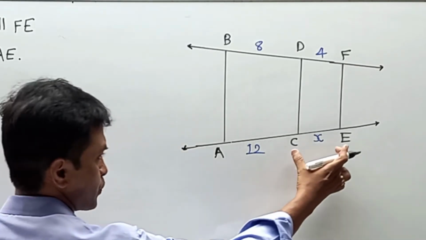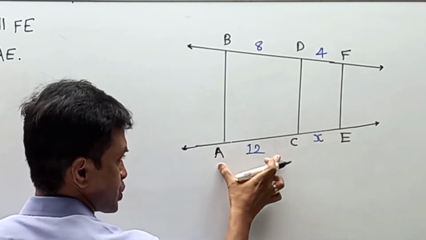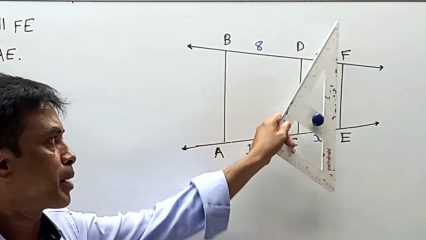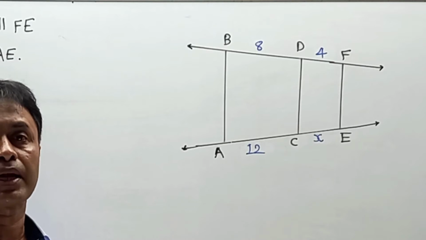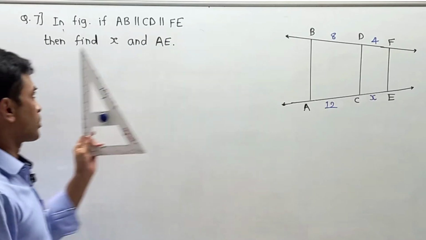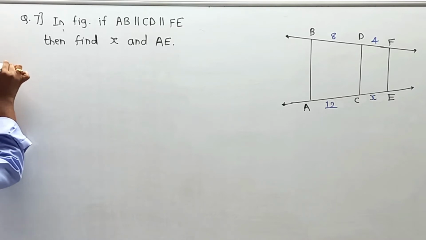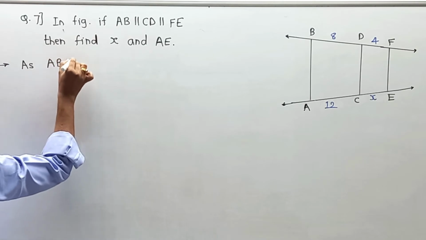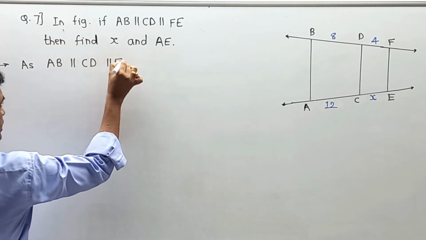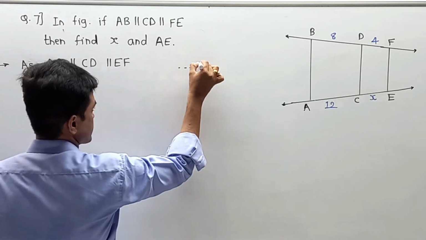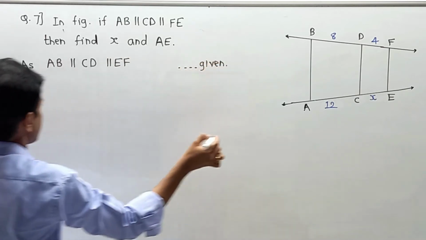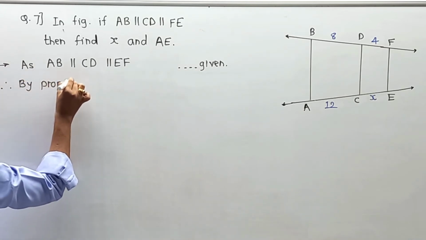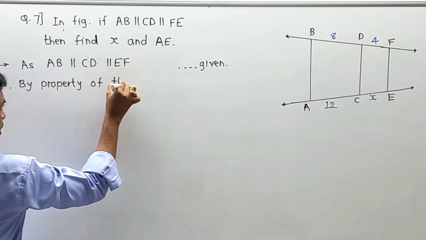Means first of all our target is to find the value of X, and then AE means 12 plus this value. Now here they have simply given AB parallel to CD parallel to EF, means it is a simple application of three parallel lines. So using that property over here, AB parallel to CD parallel to EF, they have given, so I am going to write the reason as given. Therefore by property of three parallel lines,